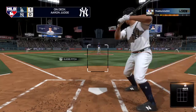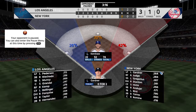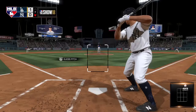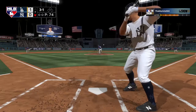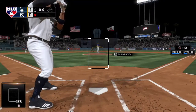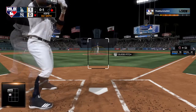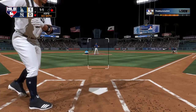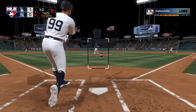3-1 now to Brett Gardner. The 3-1. And the perfect game will go by the wayside here as this pitch misses for ball 4. First delivery to him on the way. Takes a fastball on the inside corner. They haven't gotten much going against this guy so far in this one. He's been pitching well. And one of the key numbers to look at, first pitch strikes over 70% so far